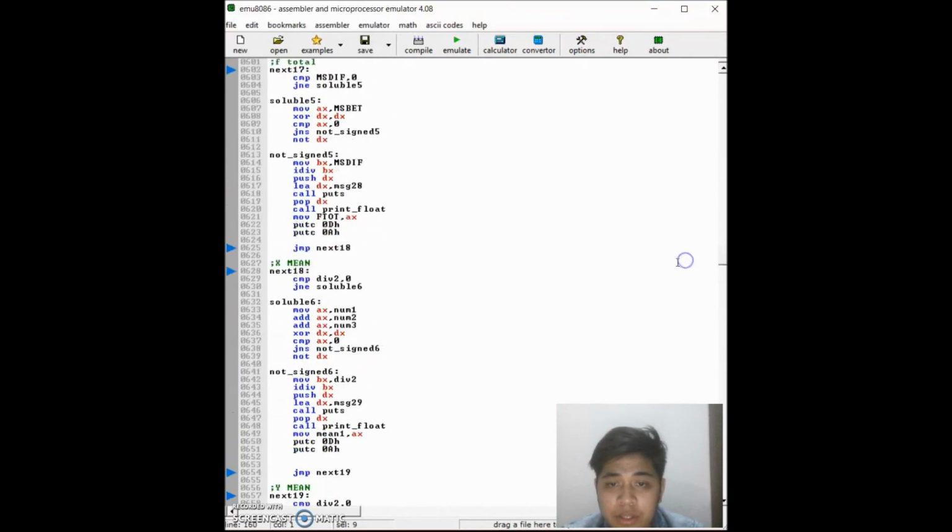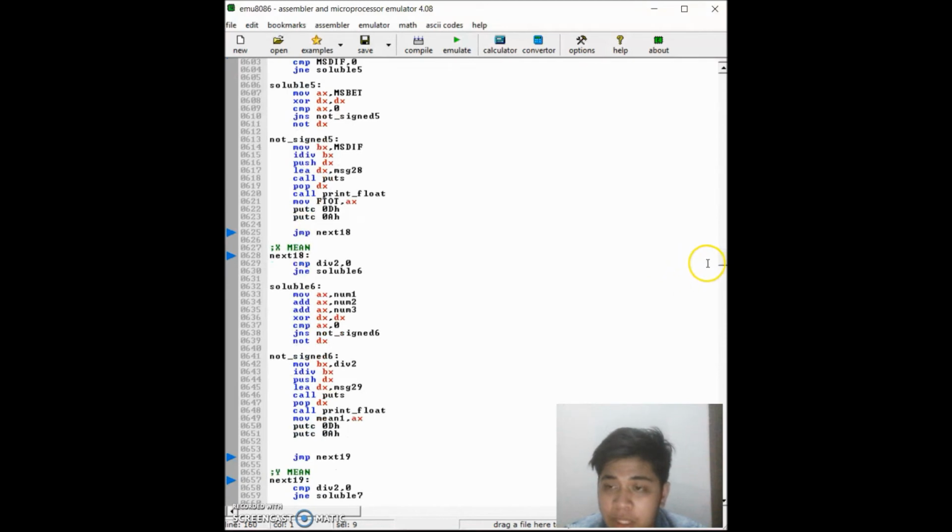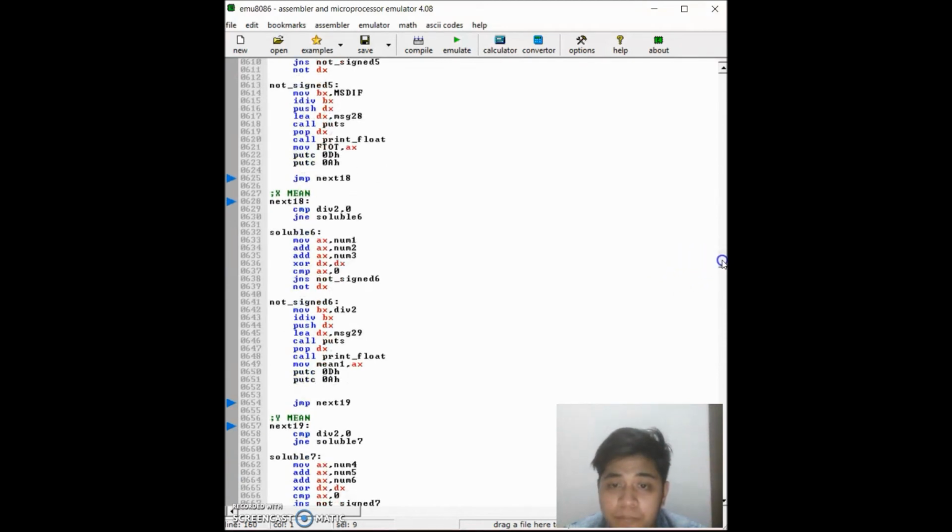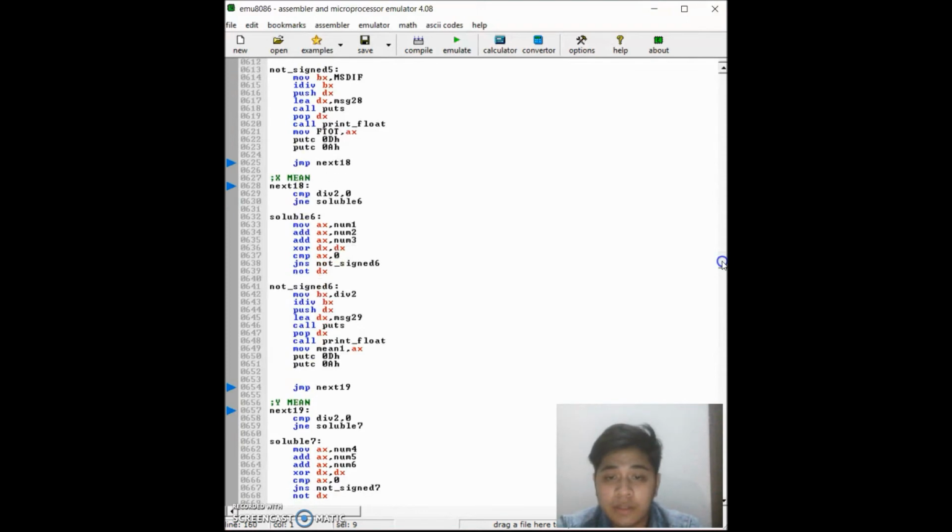As you can see here, X mean, the value for num1, num2, num3 will be moved to the AX each, and then do the same operation as MS between, MS within, and MS total does. And then move BX, div2, and then